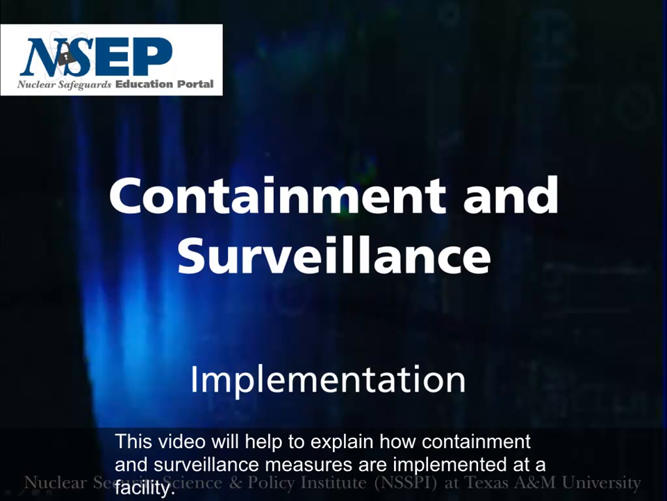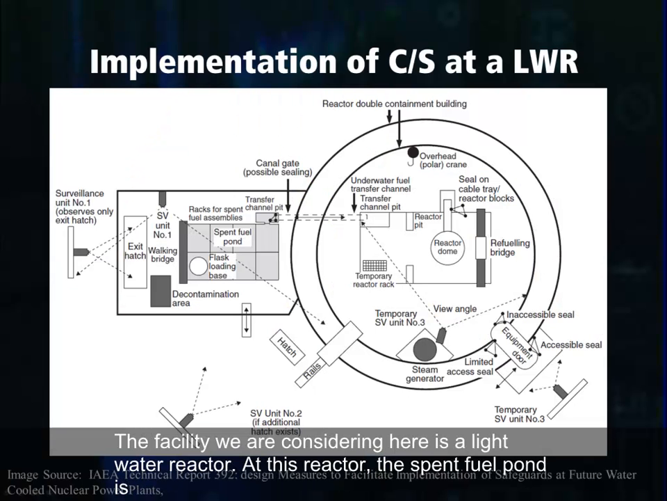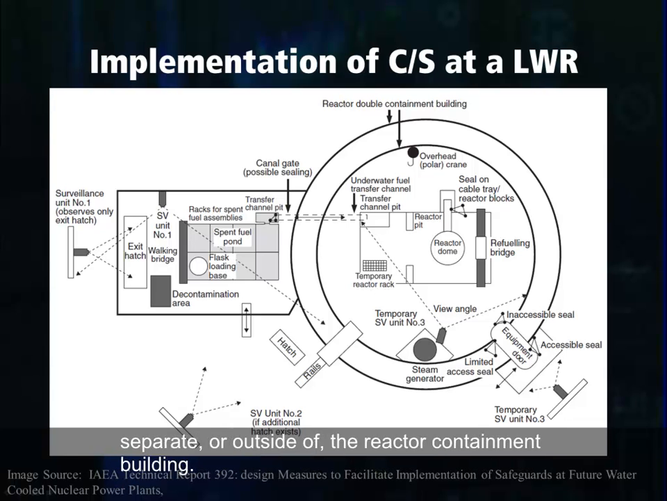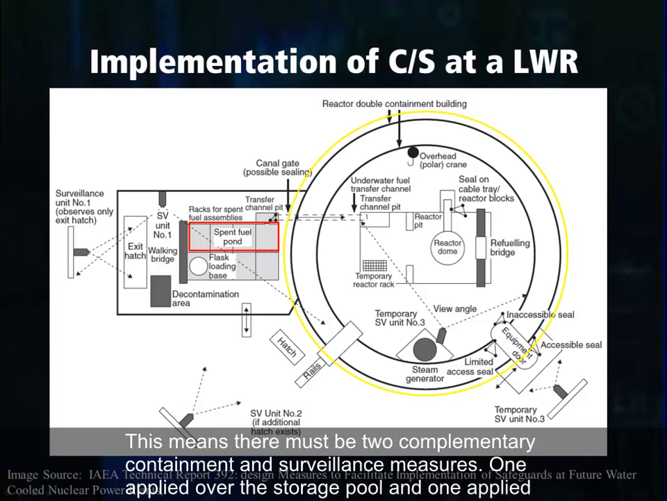This video will help to explain how containment surveillance measures are implemented at a facility. The facility we're considering here is a light water reactor. At this reactor, the spent fuel pond is separate or outside of the reactor containment building. This means there must be two complementary containment surveillance measures, one applied over the storage pool and one applied on